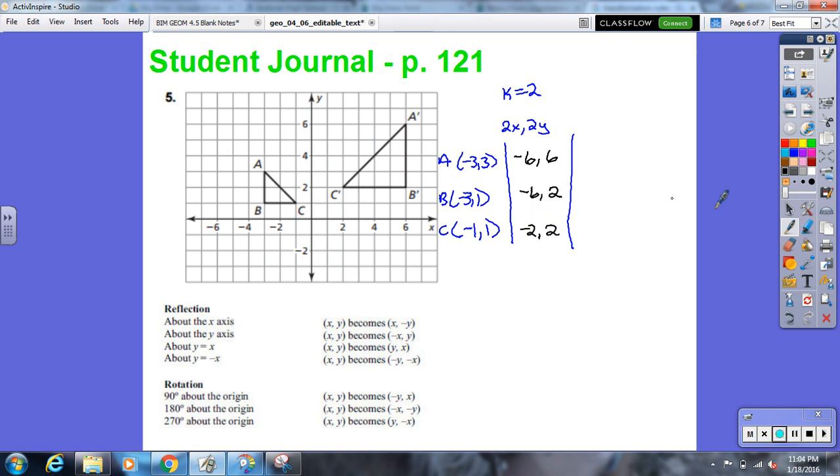And if we just take a look to see what that is, I'm going to go ahead and draw that on there. So we have negative 2, 2, so that's C right there. And then I have negative 6, 2, and I have negative 6, 6. So now definitely the triangle is the right size. Now I can tell just by looking at this